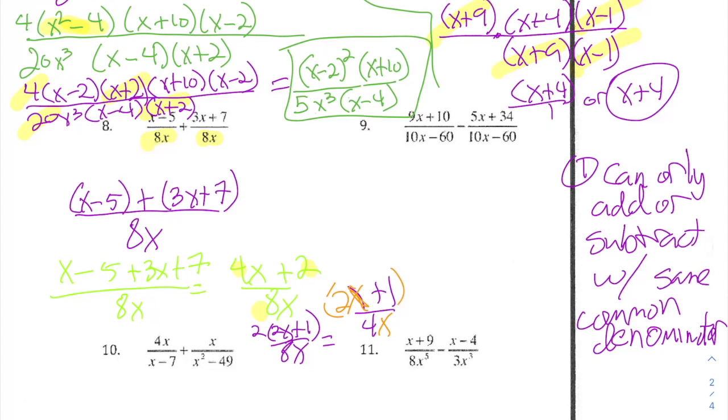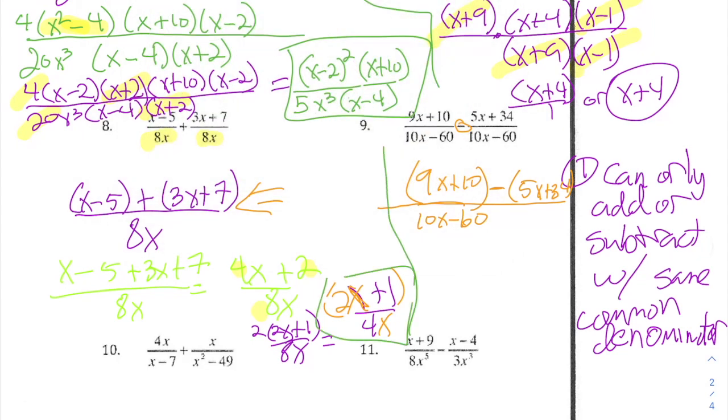Okay. Same thing here with subtraction. The reason why I did it like this long way here is because of subtraction. Yes, addition, I know that a lot of you could just do this in your head, but over here, when it's subtraction, you cannot forget that minus sign there in the middle. So 9x plus 10 over 10x minus 60, okay, they are the same denominators, so it's okay to rewrite it, minus 5x plus 34. There's going to be a lot of students that are going to forget about this negative sign, and then you're just going to do minus 5x, but you're going to forget about the 34. So now as I rewrite this, I get 9x plus 10 minus 5x minus 34 all over 10x